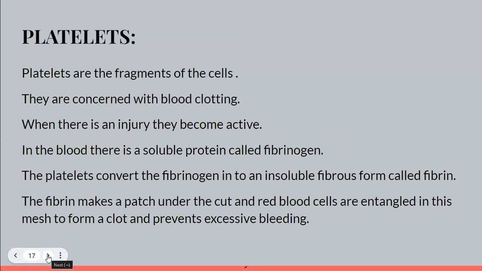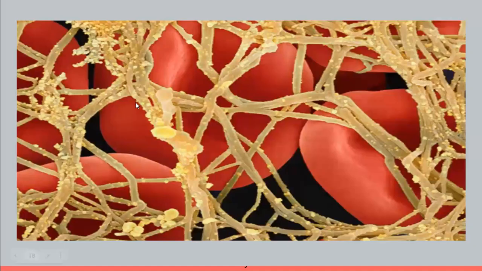Platelets are tiny fragments of cells, another type of particles. They are concerned in blood clotting. So whenever we have an injury, in our blood there is a soluble protein called fibrinogen. The platelets convert the fibrinogen into an insoluble fibrous thing called fibrin. So fibrinogen becomes fibrin. Soluble becomes insoluble. Invisible things become visible. So this fibrin will appear in the form of thread-like structures under your wound,